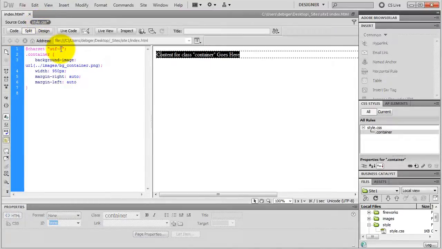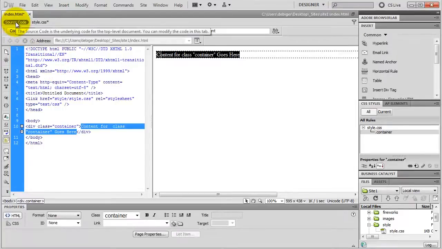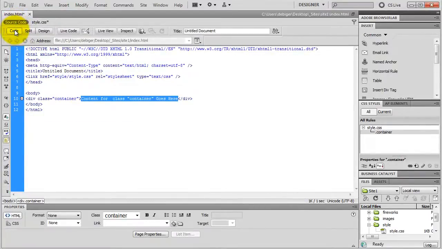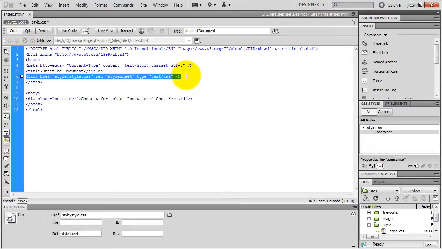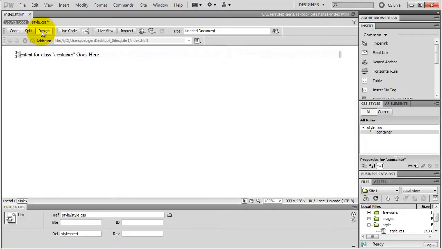The first line is the character set. I don't really need this line, I could delete it, but whatever. And here are all the properties and values for my container class. I can change anything here if I want to. Okay, I go to the source code of my index page. I switch to code view. And here is the link inside of my head tags, linking to my CSS file. That's how the browser is going to find it, because there's the actual path to my CSS file, which is relative to my document. Okay, I go back to design view, delete my text,